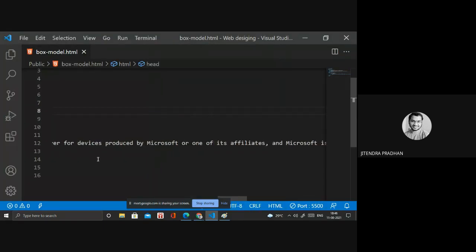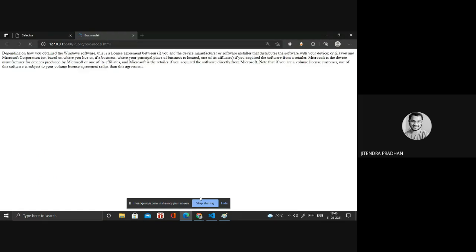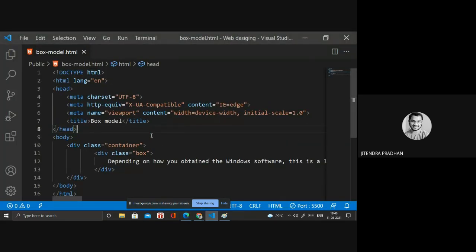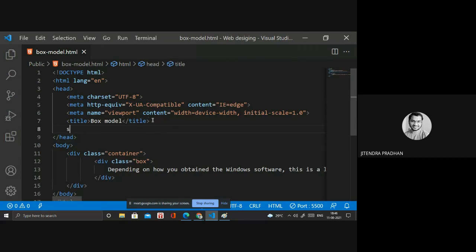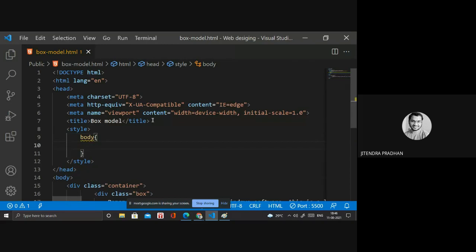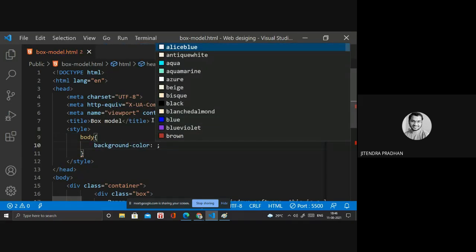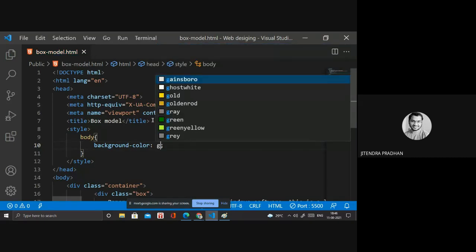Before that, I will design the CSS also. Wait. Yeah, it's opening, but I need to edit my CSS. Okay. So let's see how I write that one. I require a style tag, and in the style, the body tag will have the background color gray, use the gray color.